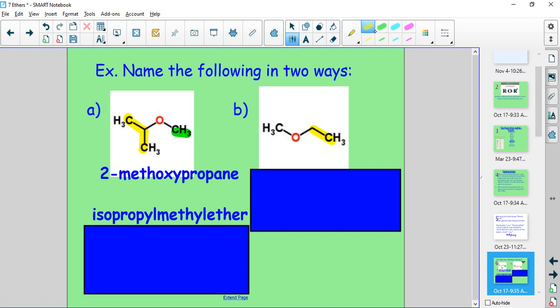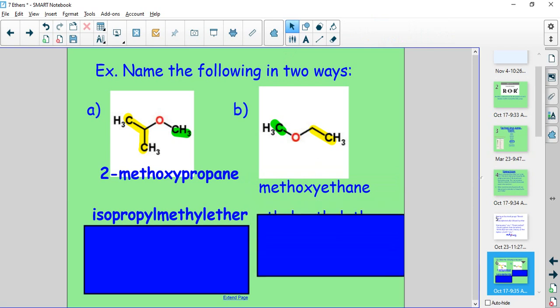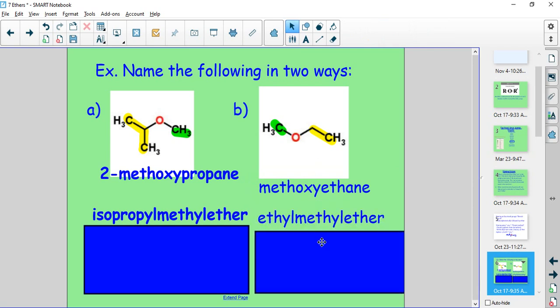So methoxyethane is one possibility. Another one could be that we name both sides by their branch. Here is ethyl, here is methyl. We attach the word ether to the end, listing those branches alphabetically, and we get these two possible names. So methoxyethane. Now you could have written 1-methoxyethane, but because it's off the first carbon, that's implied. Either way is correct. The other method, you list alphabetically your alkyl groups first, so ethyl first, methyl, followed by